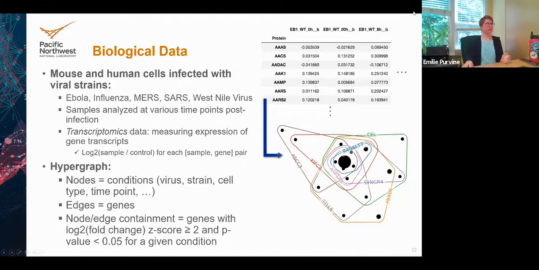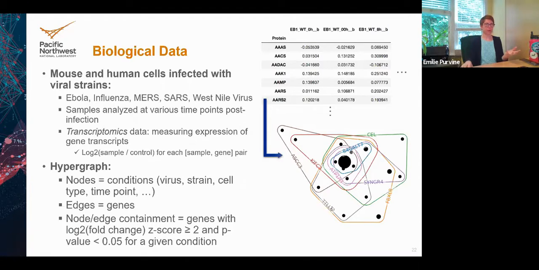So we build a hypergraph from this, kind of like I told you earlier, by doing a filtering, but the filtering is a little bit more complicated than just positive and negative. We take z-scores column-wise, and then we filter on z-score greater than 2, and we have a p-value criteria. Not terribly important to understand all of that. It's really more important to understand that in this case, my vertices are conditions or samples, my edges are genes, and my gene edge encloses all of the condition vertices for which that gene is significantly expressed when you compare it to a control.